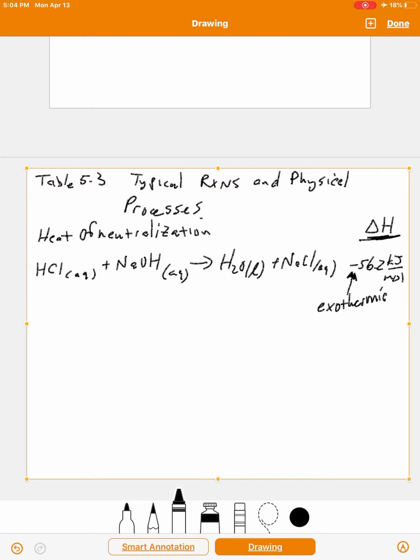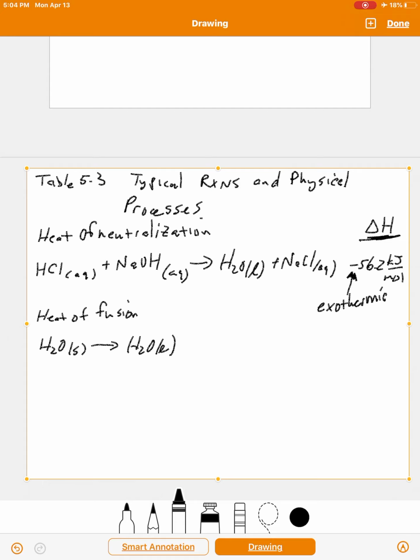Another one is called heat of fusion. Now, this is not a chemical reaction. This is a physical process. And an example of that for water is this. Melting water, so turning solid water, an ice cube, into liquid water